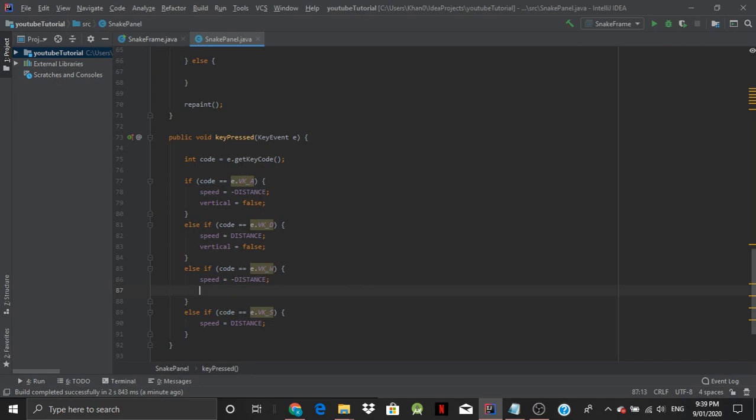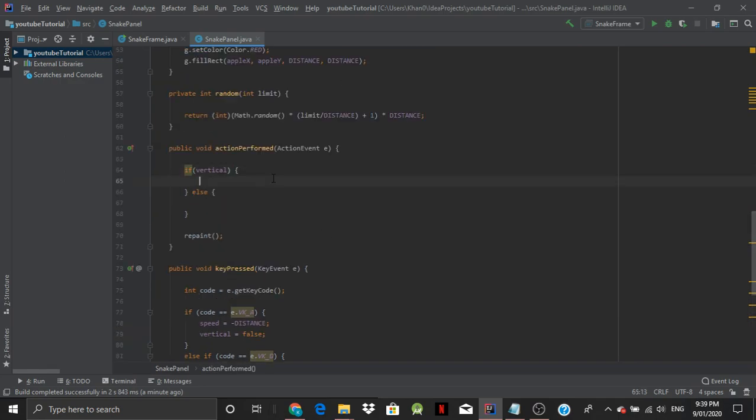Otherwise, this will be true. Like so. So if vertical, then snake of 0 of 1